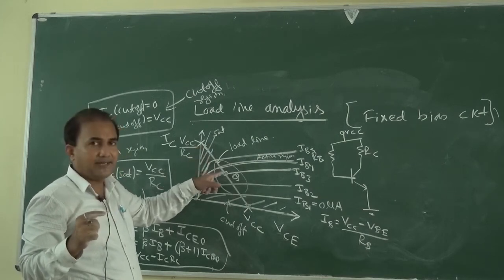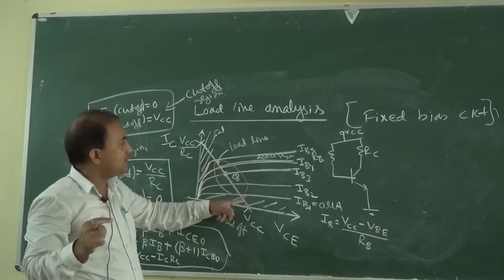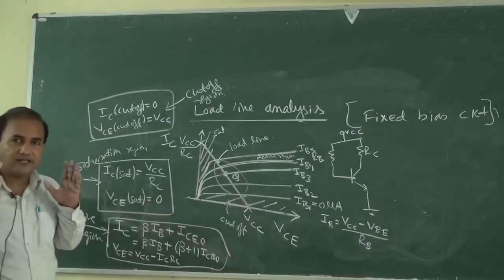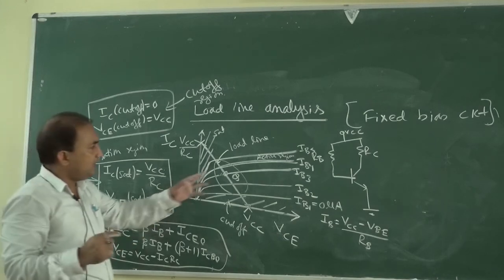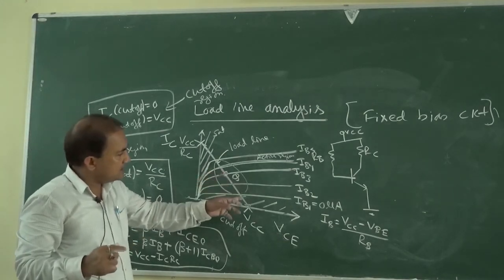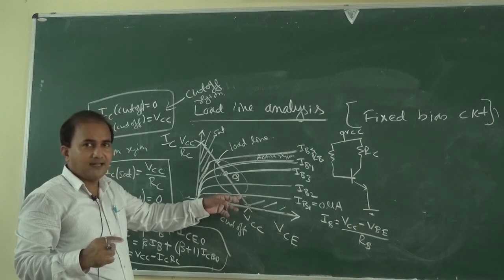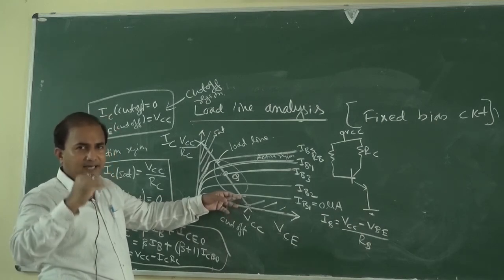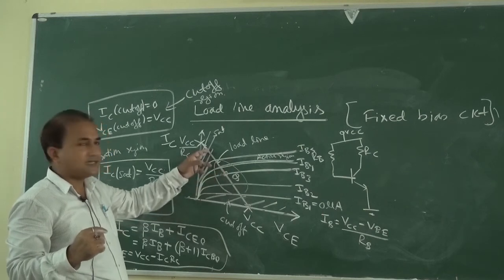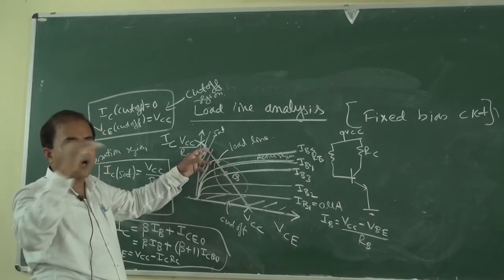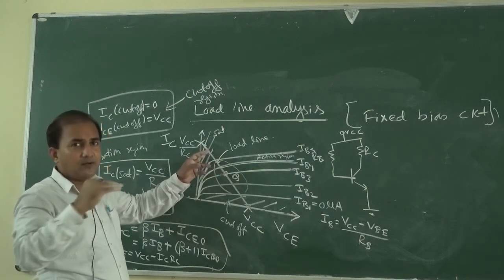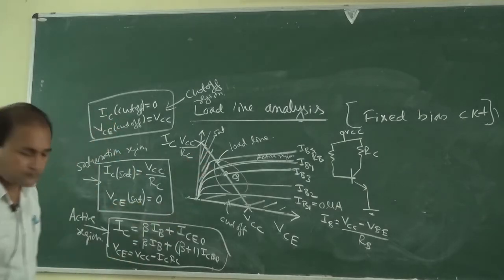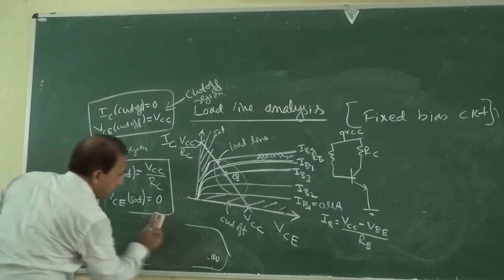If this operating point goes to the cutoff region or the saturation region, then the amplification will not be faithful. If it goes into the cutoff region, some of the negative half will be clipped. If it goes to the saturation region, some of the positive half of the input signal may be clipped. Okay, so suppose the signal